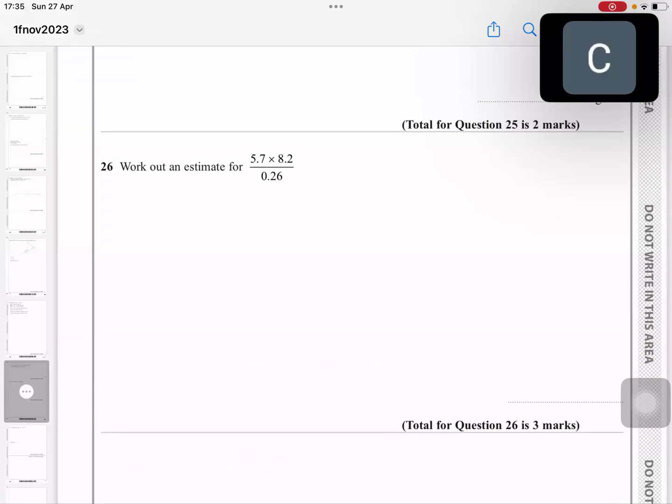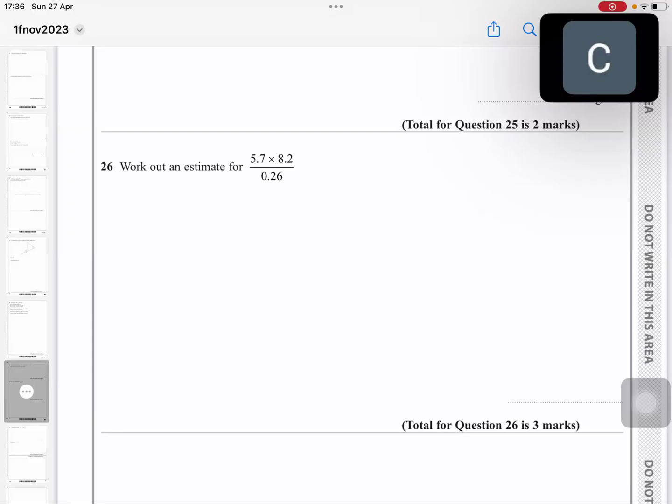Okay, this one says work out an estimate for this expression. Okay. Estimate. So if you were to estimate this, what would you do? I think you would do some rounding, right? Yes. All right. So what would you round 5.7 to? 6. 6, okay. And 8.2 would be 8, right? Yes. So that would be 6 times 8 divided by